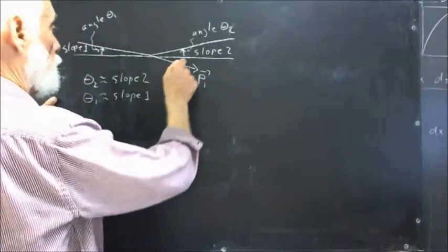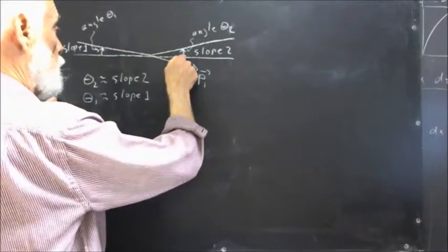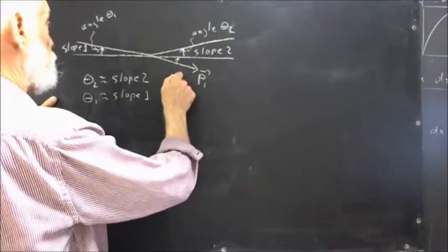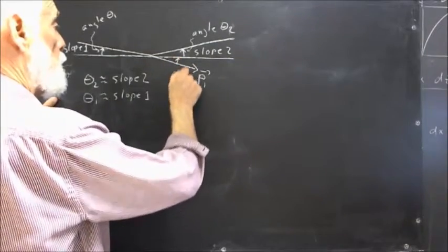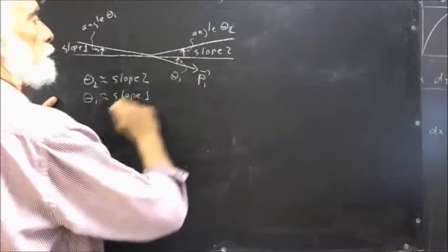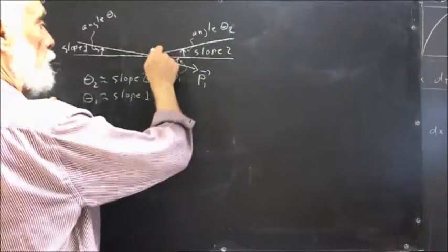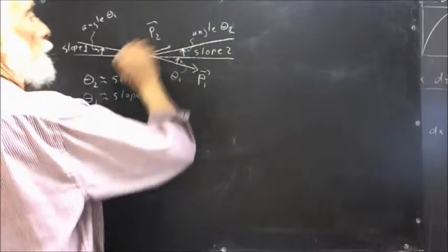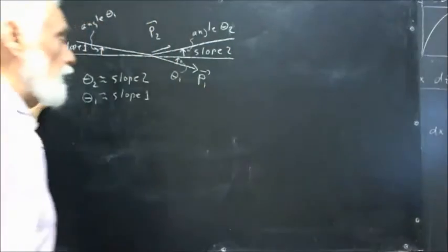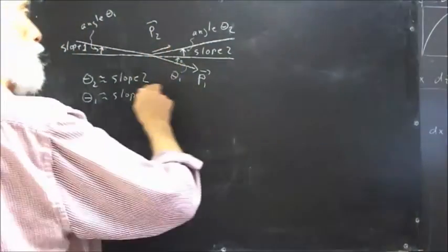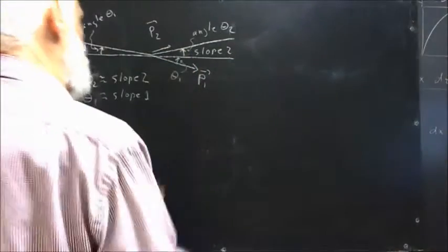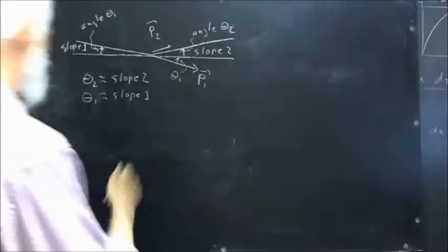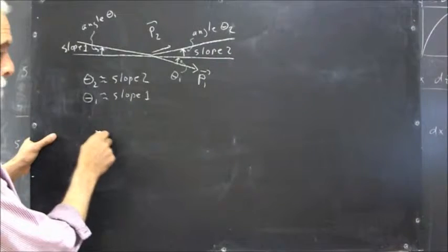It's going to be parallel to ramp 1, so that this angle is going to be theta 1. And this angle is theta 2, and the P2 vector is parallel to this ramp, so that the P1 vector makes an angle theta 1 plus theta 2 with a P2 vector. So we can sketch